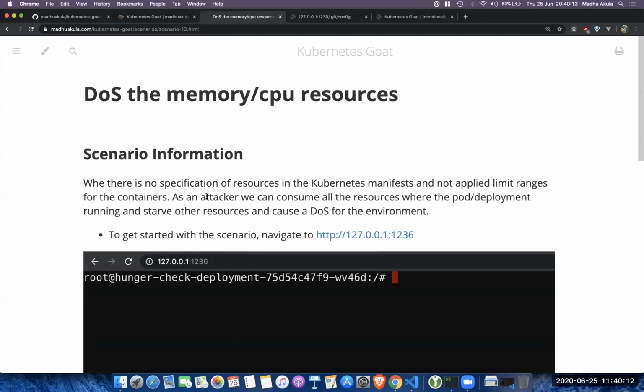There is a possibility that developers or the ops team didn't specify what kind of resources this container requires.